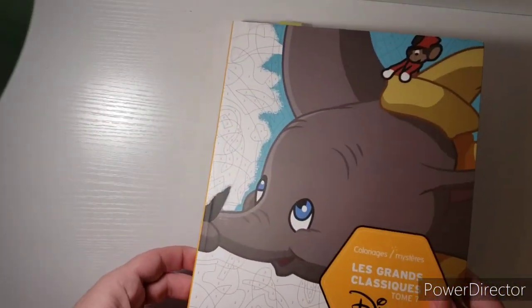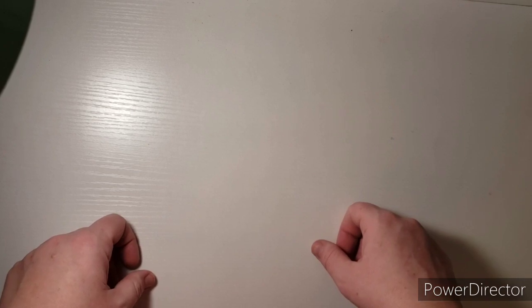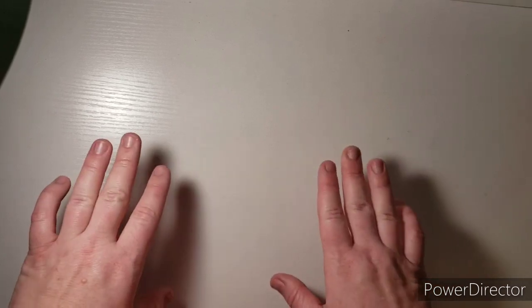So, and that is all. Those are all the works that I did in February and March. I also completed one diamond painting. It was a partial diamond painting, so it didn't take nearly as long, but I am pretty proud of myself